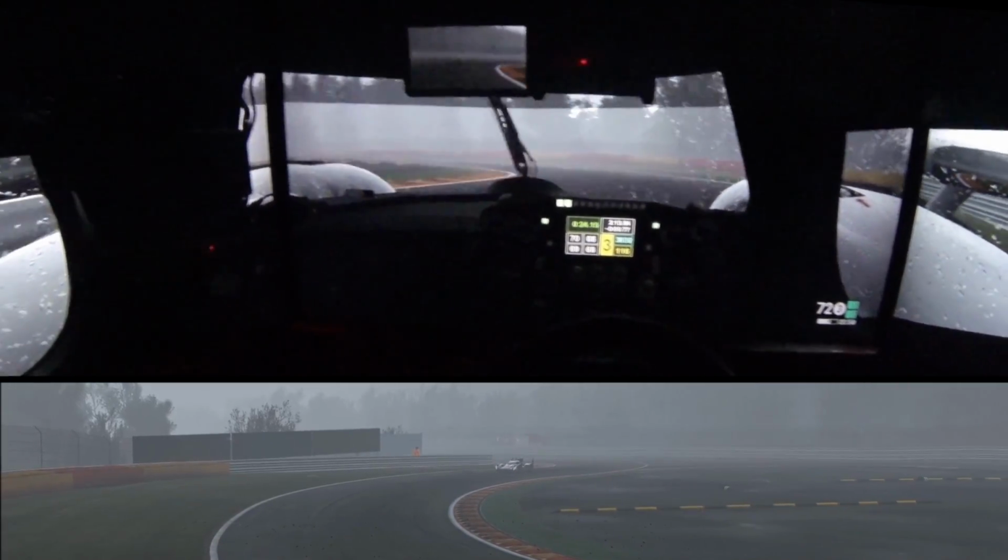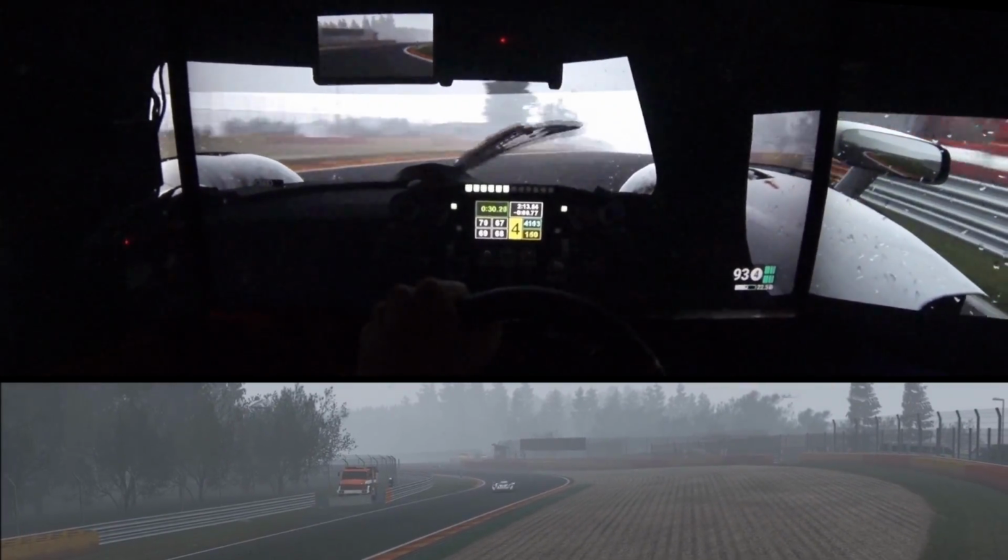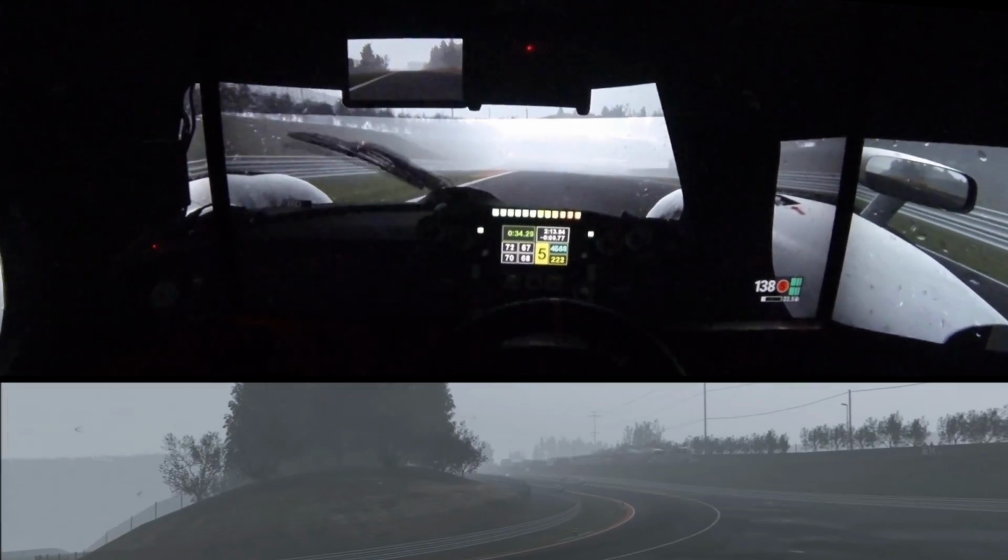I mean, rain has been mentioned to me by a developer recently as a bit of a benchmark now. Everybody's trying to make the best rain, and in many ways that's because Drive Club raised the bar, and well done to the Drive Club team,